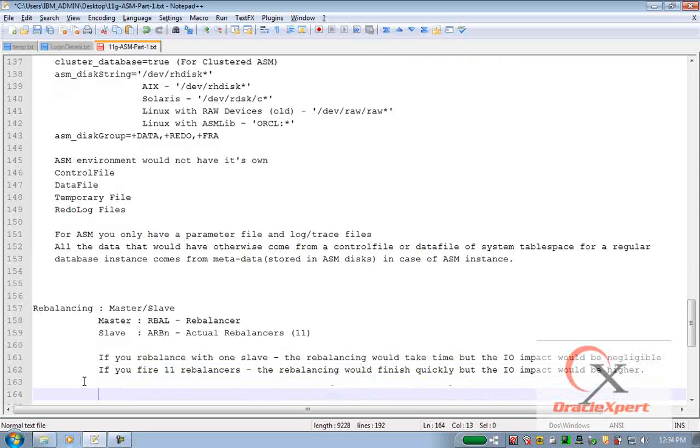So it's a race between what you want more. It's a quicker rebalancing as against the IO impact. Some people may say, I would not like to do rebalancing immediately. I will do it manually at off peak hours, in which case you can set the ASM power limit to 0, which means do not trigger auto rebalancing. And whenever off peak hour arrives, typically a night time slog period, then I might say alter disk group